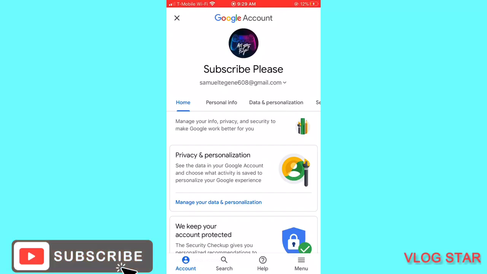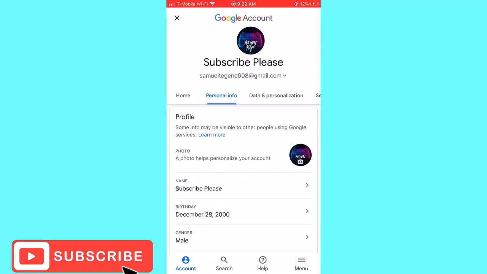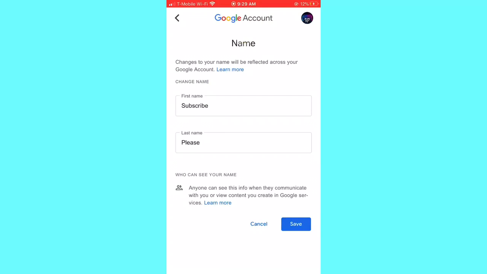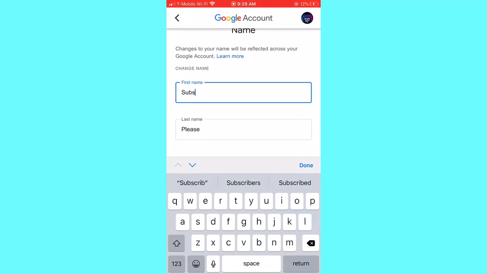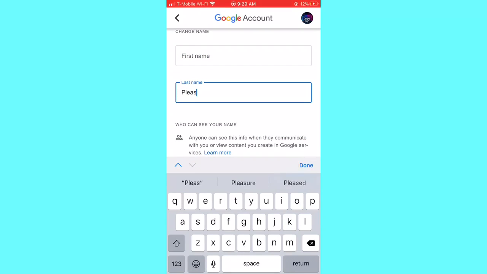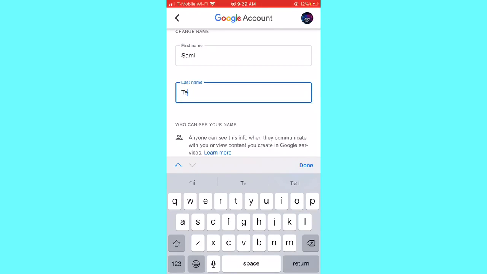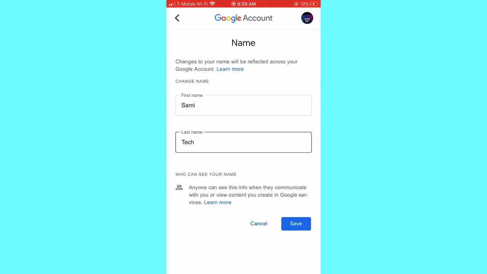page. And all you have to do now is just click personal information and you're gonna click your name. It's right here. Okay, it's gonna reload and you should see your name. All I have to do is just erase those names and write a new one. Like if I want to write my name, and if I click save, it should save it.